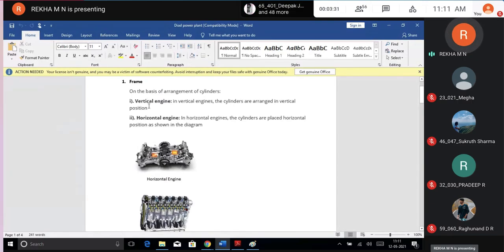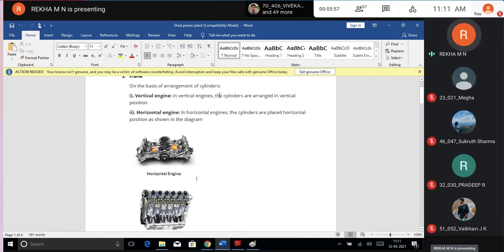Both the kinds you can opt for according to what exactly you need, whether it is a hospital, a school, home purpose, or a farmhouse. So it depends, students. You can have the frame either in the horizontal way or in the vertical way. Frame here actually means the placement of the cylinder, students. How you place the cylinder forms your horizontal or vertical.